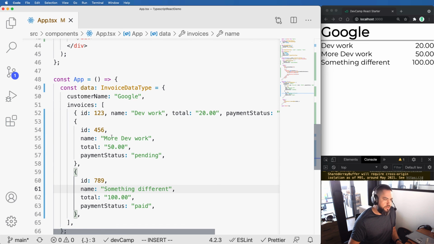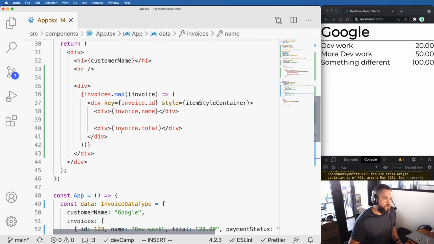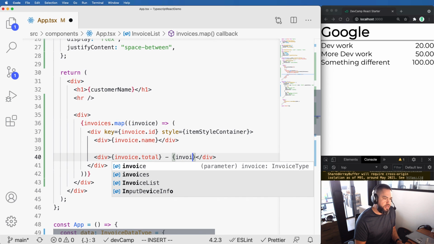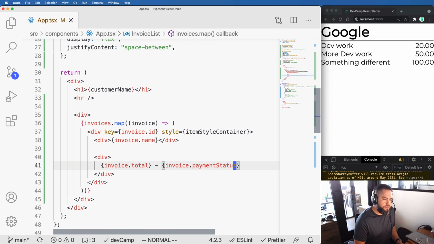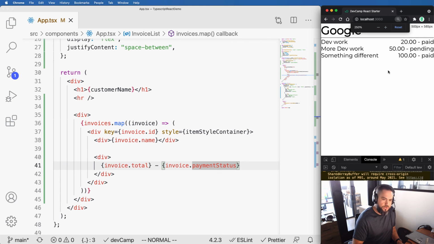I hit save, the Prettier extension formats everything nicely for me, and now we have access to all of this. So say that we wanted to come in here and right after total, add a little rule that shows if it's paid or unpaid. I can say invoice dot, and you can see each one of those items: ID, name, payment status, and total. We want to do payment status, hit save, and there we go. I'll zoom out a little bit, there we go, it's showing us each one of our items,